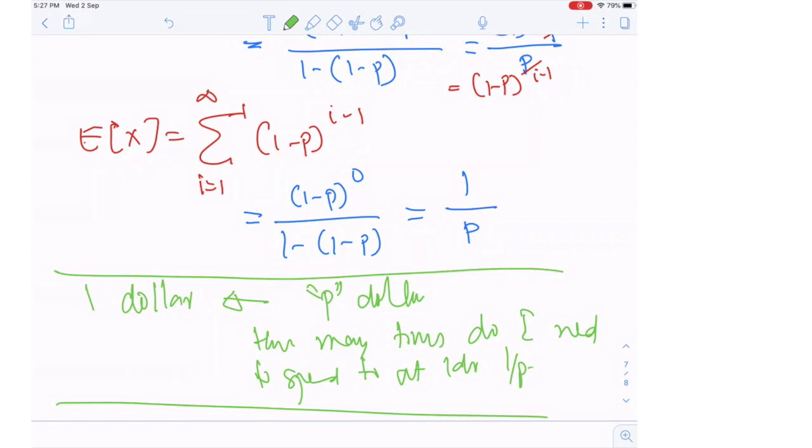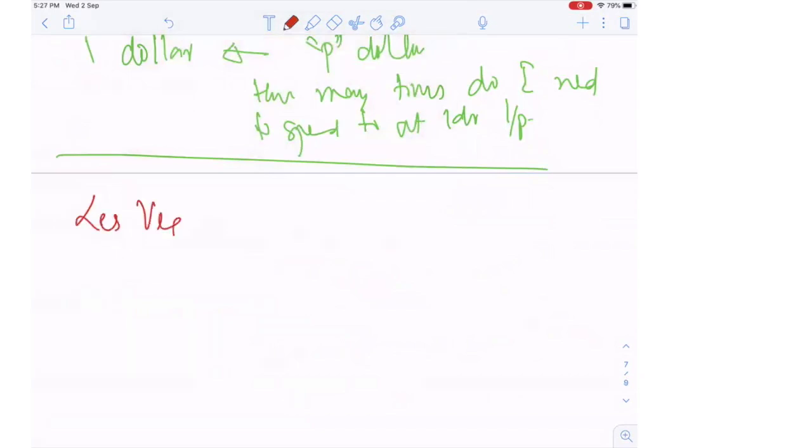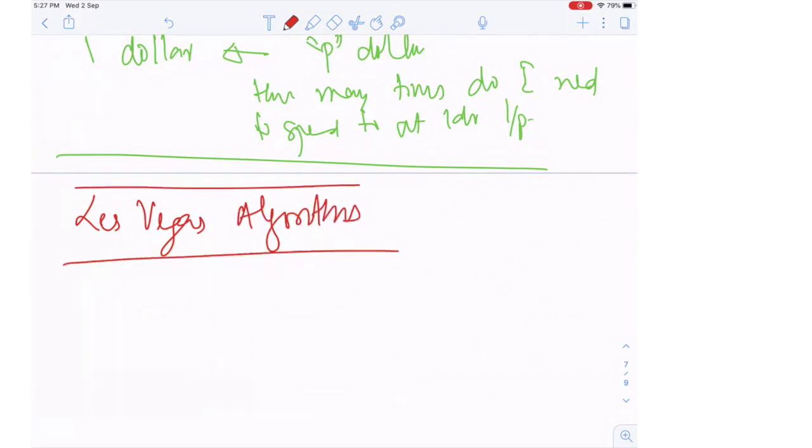Okay. So look, this is the kind of situation which happens very often for Las Vegas algorithms. So remember Las Vegas algorithms, where the algorithm is deterministic, but the running time is not. It can keep taking time. And that is where you do this kind of analysis and say, look, we have succeeded in the first round. So the number of times that I need to run this algorithm before I can see an output is this.